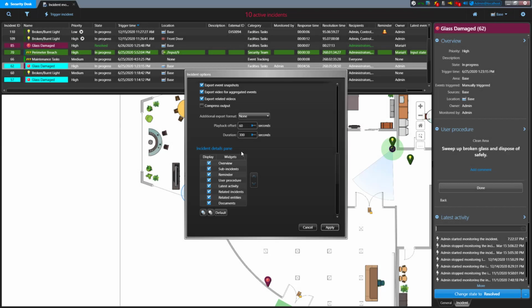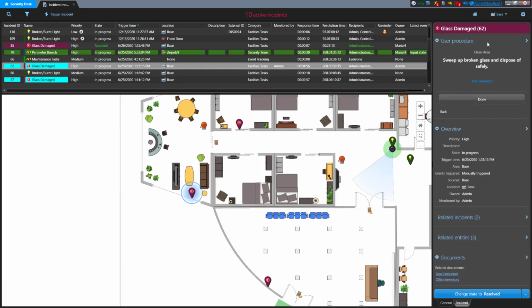The last section is to set up how you would like to see your Details pane sections. There are 8 sections to the Details pane, including the Reminder section, which may not always be present. If you do not want to see a section at all, uncheck the section in the Display column. The order of the sections can be changed as well. Click on a section name and use the arrows on the right to move the section up or down in the list. This order will be used in your Details pane.